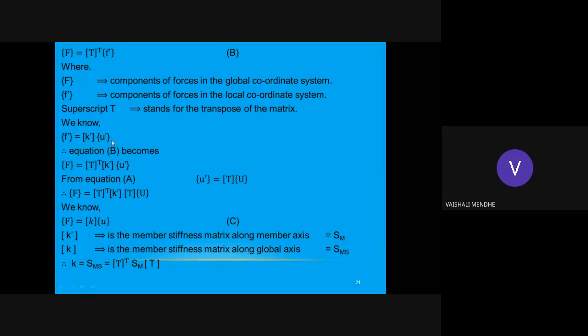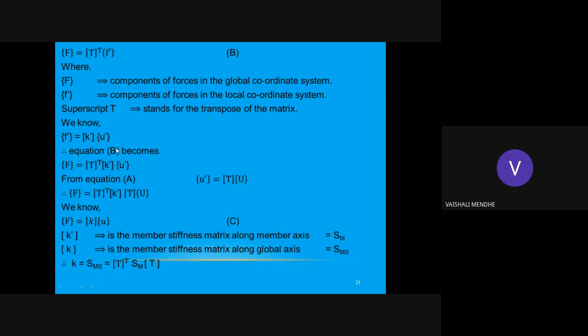I have told you this many times. Force displacement relation: k is equal to f by delta, so f is equal to k into delta. We know this relation. So simply I have written it like this: small f dash is equal to k dash into u dash. Why have I written it with a dash? Because I have shown this relation along the local direction. That's why I have denoted it with a dash. Delta means displacement, so u dash means displacement in the local direction, and f dash means force in the local direction.